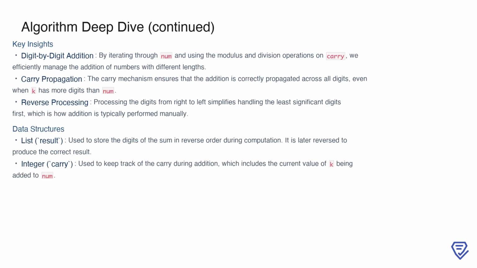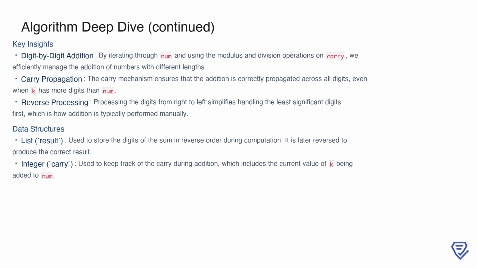The key to this algorithm lies in its simplicity and efficiency. By iterating through the array number while simultaneously managing the digits of k through the carry, we effectively handle the addition even when the numbers have differing lengths. The carry mechanism ensures that the addition propagates correctly across all digits, no matter how large k is compared to number. Processing the digits from right to left aligns with how we traditionally perform addition manually, starting with the least